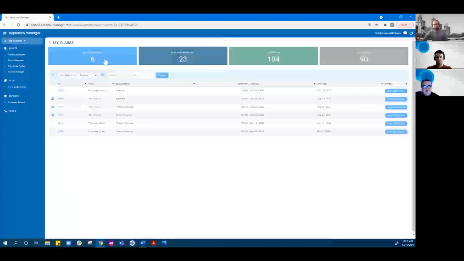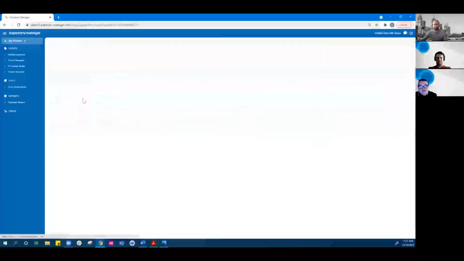And now I want to actually draw your attention to a purchase order and some invoices as well. So with Expense Manager, you can go ahead at any time, raise a purchase order from the mobile device or from the desktop as well. So clicking in to one that I raised a little bit earlier,